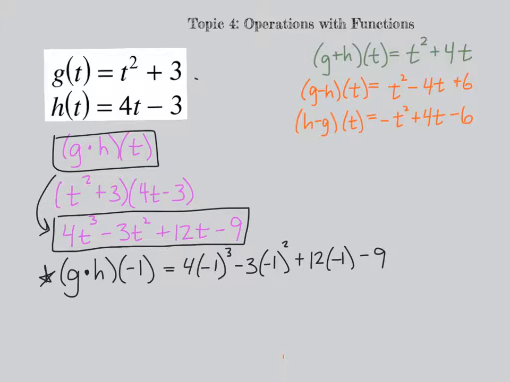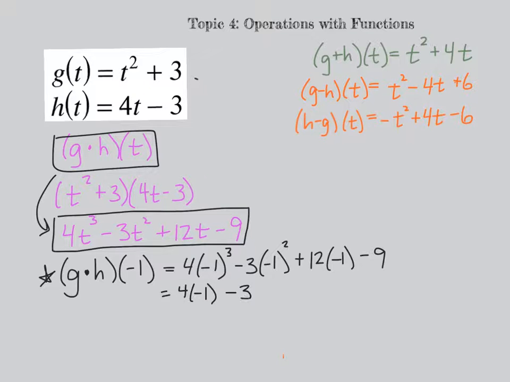Okay, we have to be aware of our order of operations, so we first have to cube. We do not multiply first, we first cube. To cube means negative 1 times negative 1 times negative 1. That gives us a negative 1. So this is 4 times a negative 1